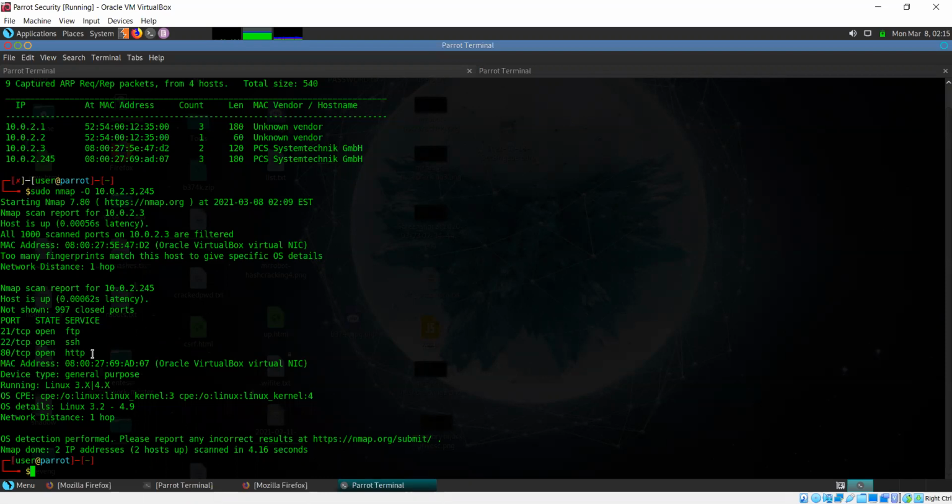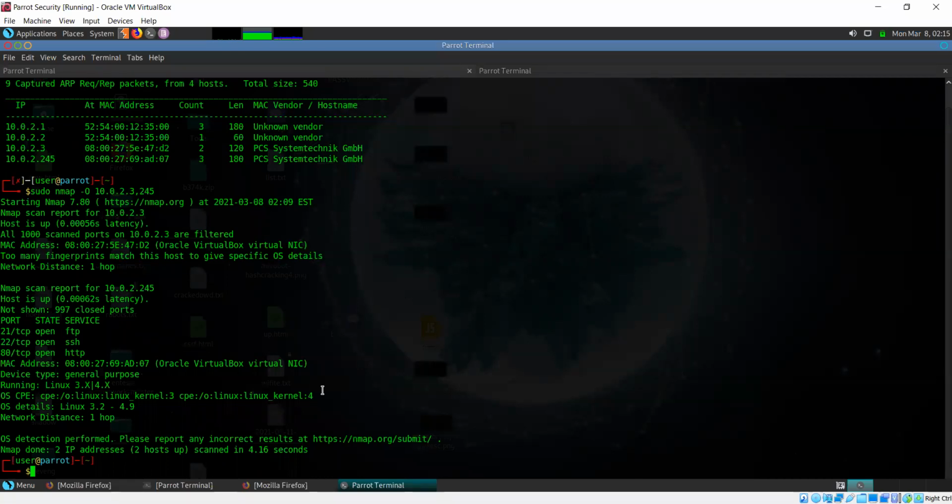Nmap by default, since I haven't specified any number of ports here, there is no specification in the command that we gave. By default, it considers the 1000 most common ports. If you don't specify any particular ports, it's going to scan the 1000 most common ports by default. But it's better to be thorough, right? So it's always better to make sure before we move on.